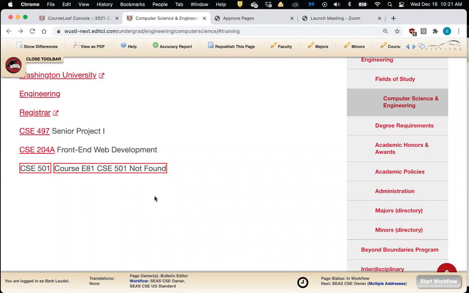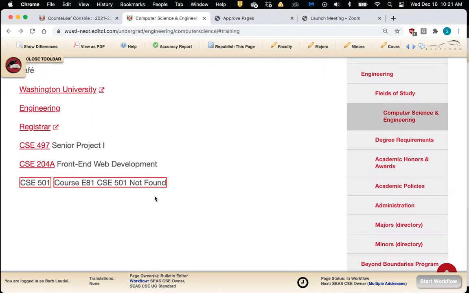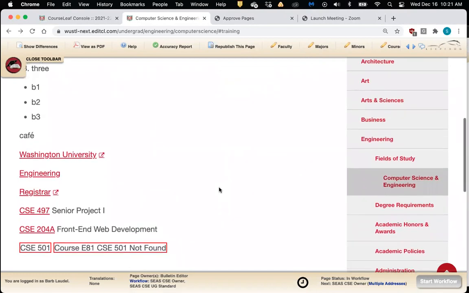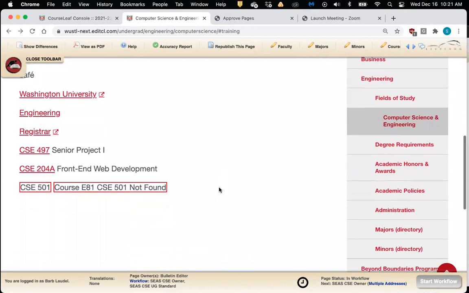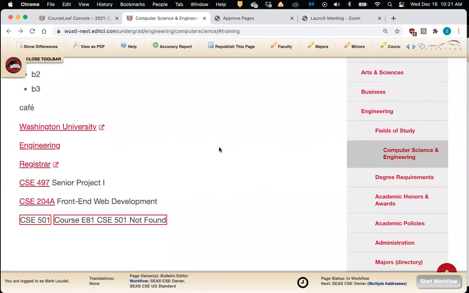However, let's say you have content that is very, very long on a page and you're trying to make sure that you don't have any red boxes. What you can do is click on this green check mark right here on the toolbar that says accuracy report.